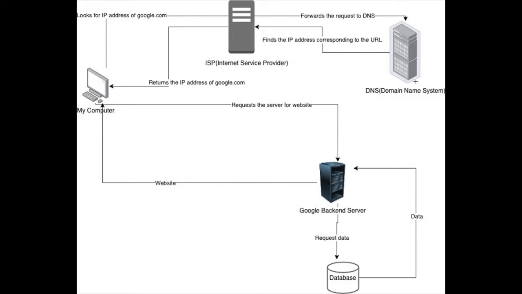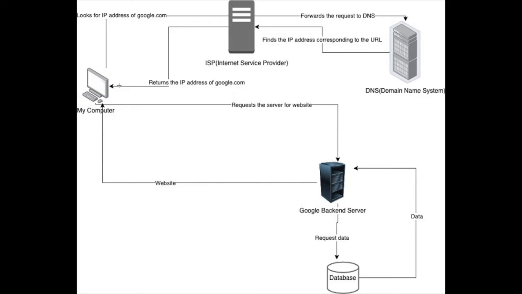So what is a DNS? DNS is just like a phone book. Like in every phone book, we store the name of the person and the particular mobile number. Same thing happens in DNS. DNS basically contains a list of all the IP addresses and the corresponding URLs. IP addresses are basically the unique location of a particular computer on the network. So now my DNS will look for the IP address of google.com and then return it to my ISP. My ISP knows that this request was made by me, so it will return the data back to me.